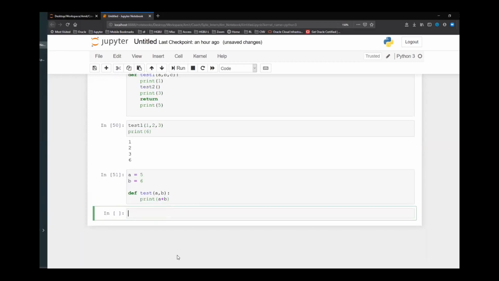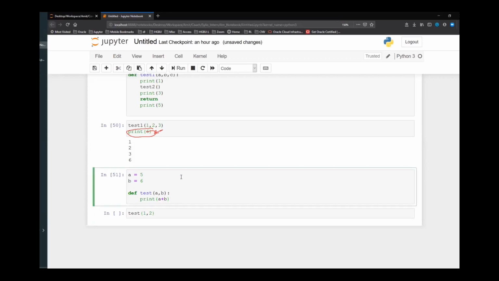Sir, where is the 6? There is no add statement, no? One second, come again. Where, sir, is the 6? This is 6, you're talking about the add statement? Yes, I'm not adding anything. I'm simply saying print 6. Sir, it is only printing? Yes, it is only printing, nothing else. I'm just printing 6. That's all. Okay, sir.